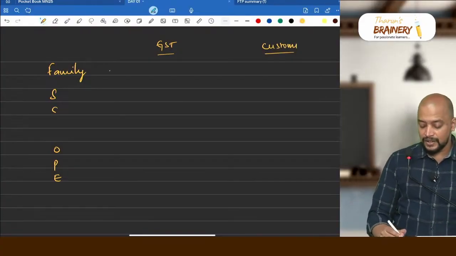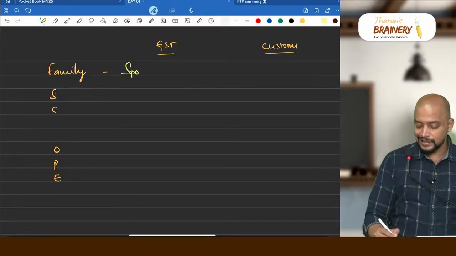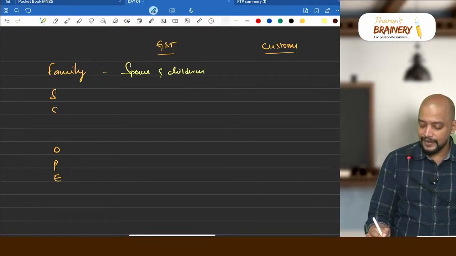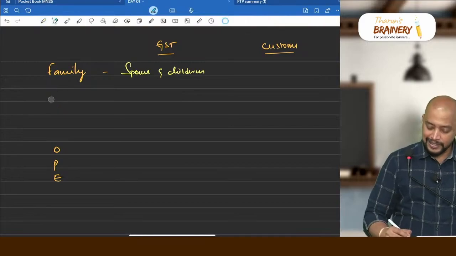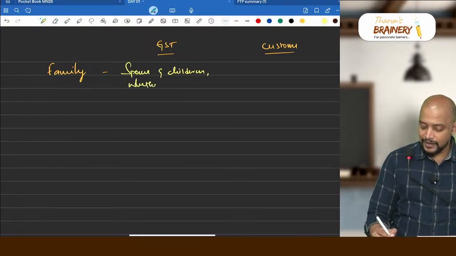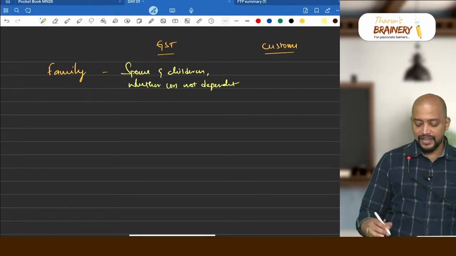Family is defined in GST. What is that? Spouse and children, whether or not dependent. This is the meaning of family, plus